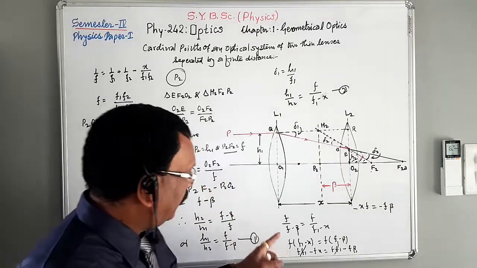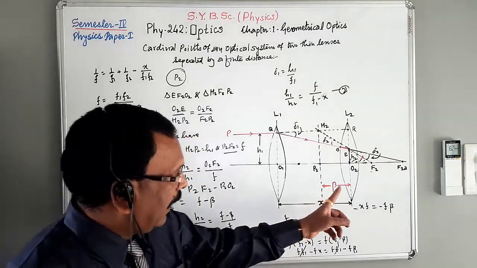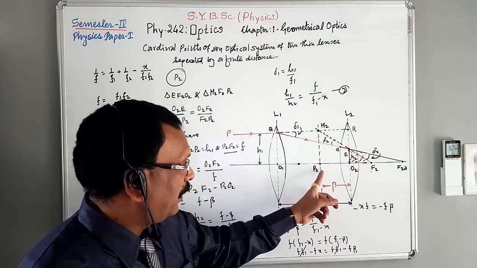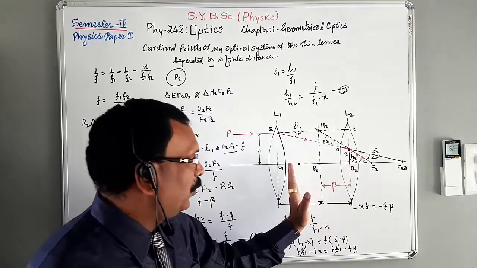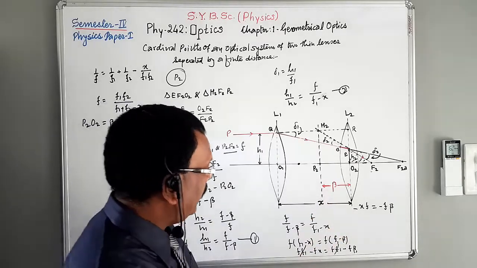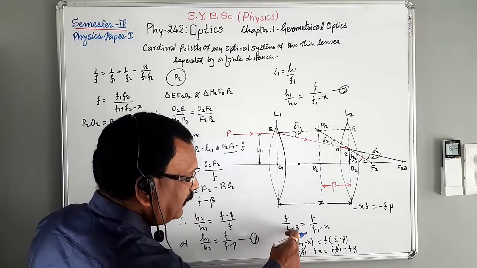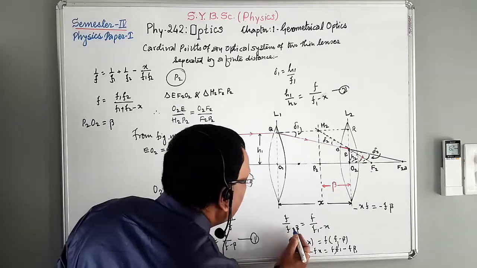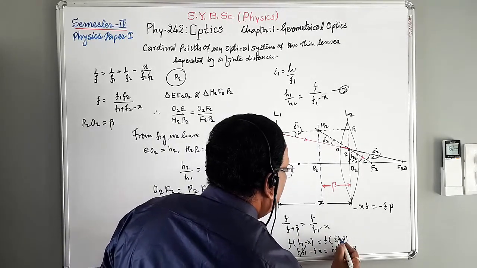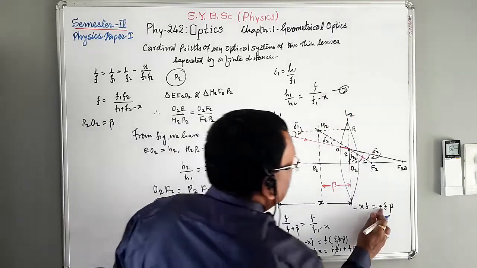But before solving this, I want to make a little correction. As P2 is the principal point which is to the left of O2, this value of beta is negative. So when we solve this equation, we have to substitute the value of beta as negative. That means negative becomes positive, and here also we have to make the little correction. So this is the correction, plus value.